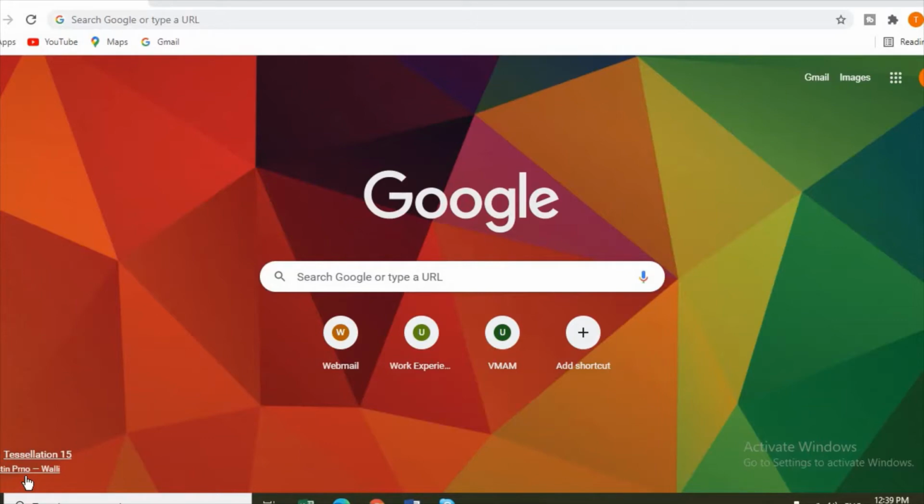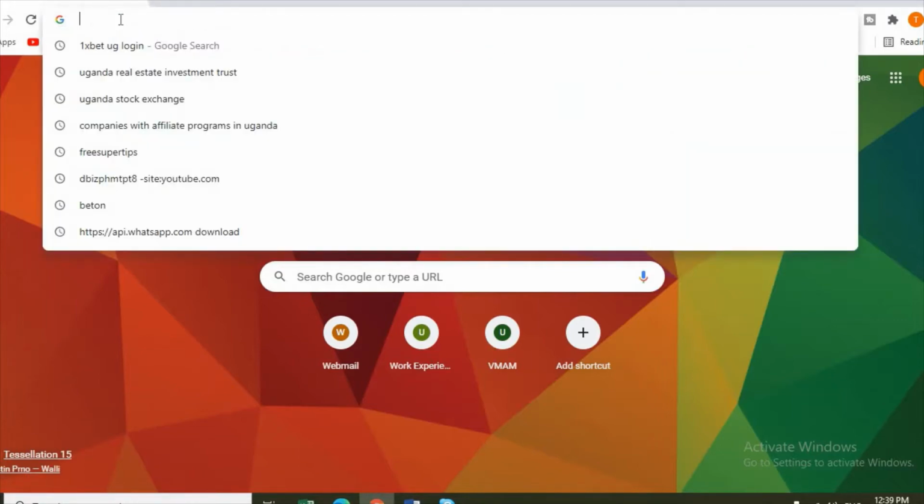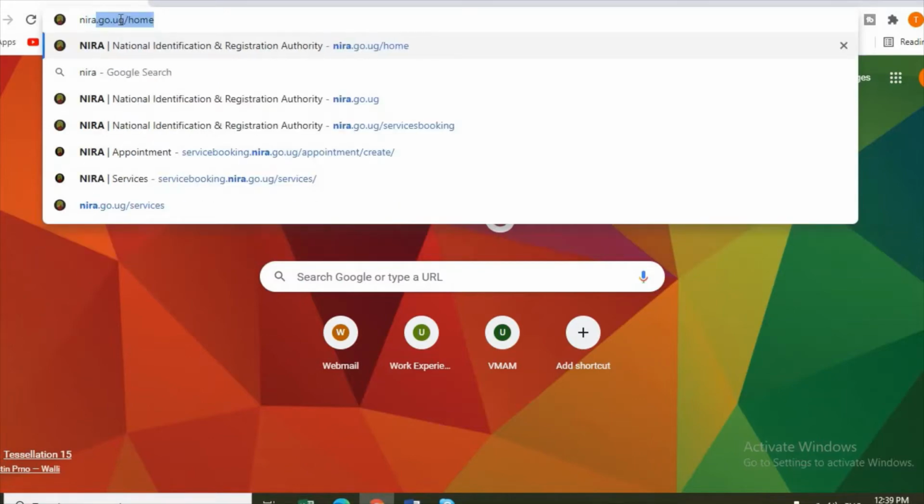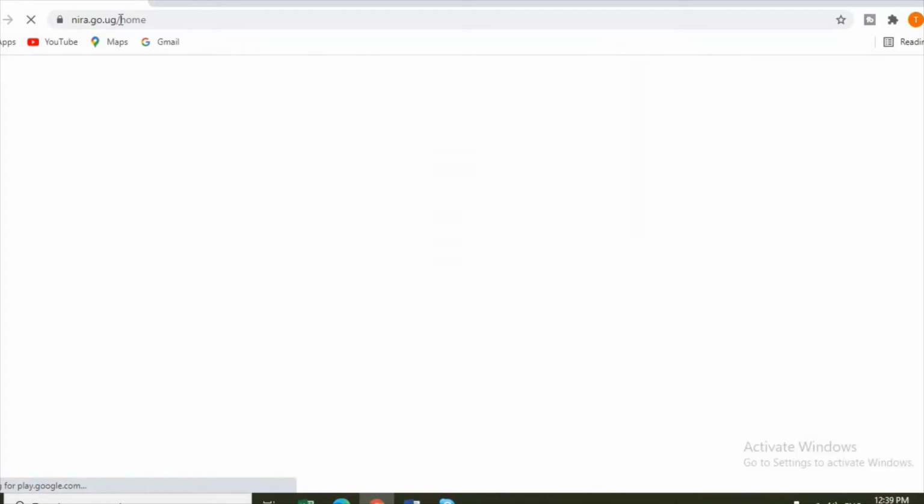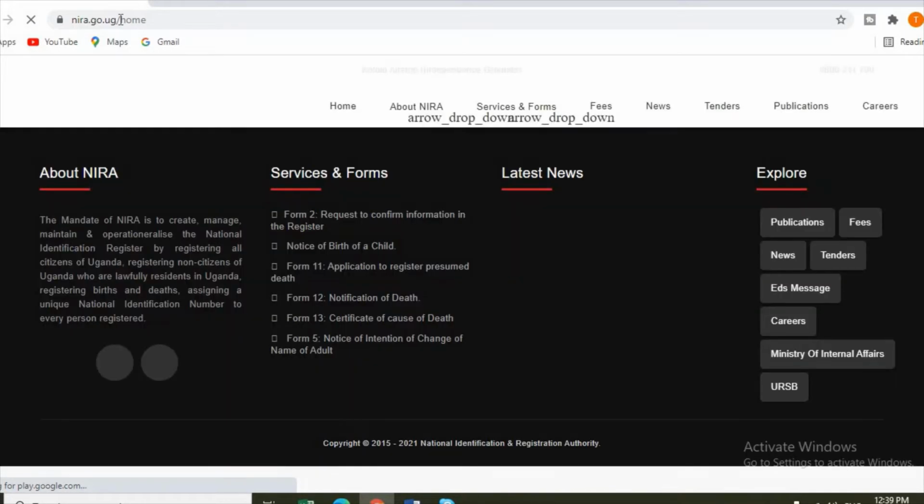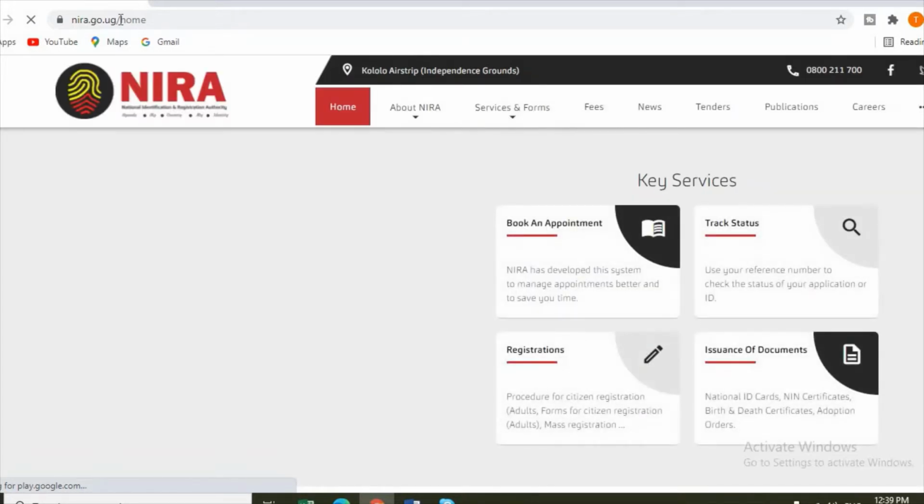So you go to your phone or computer, open the browser. Maybe you have Chrome, Mozilla, whatever browser you have. Then you enter this URL, nira.go.ug. You leave it to load. Once it loads, it opens from this interface,